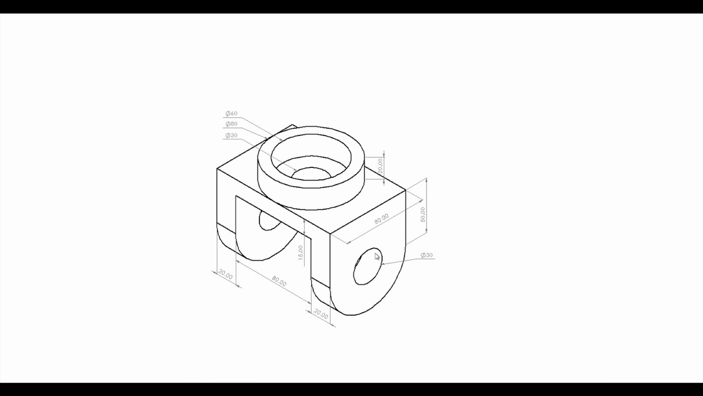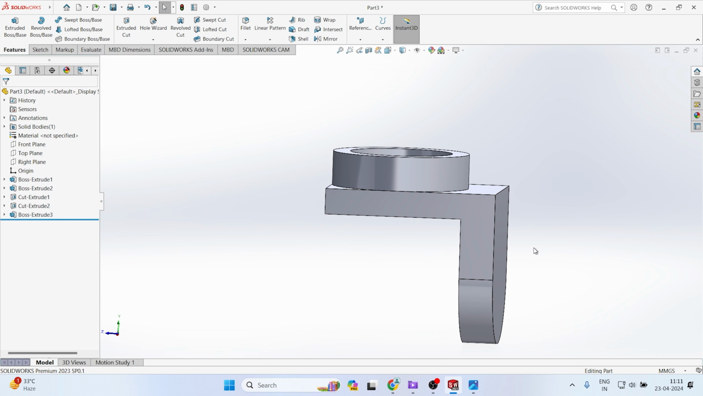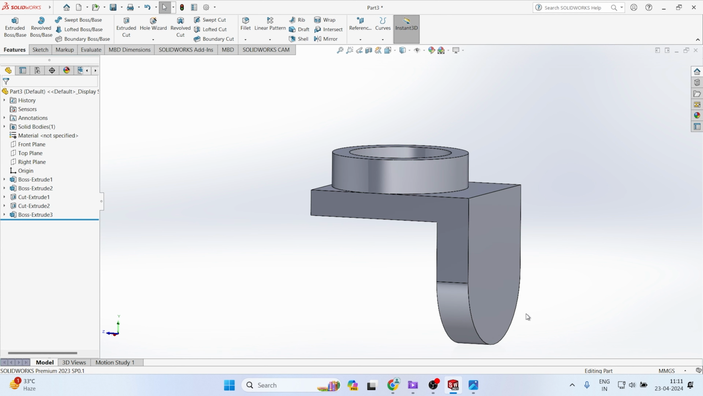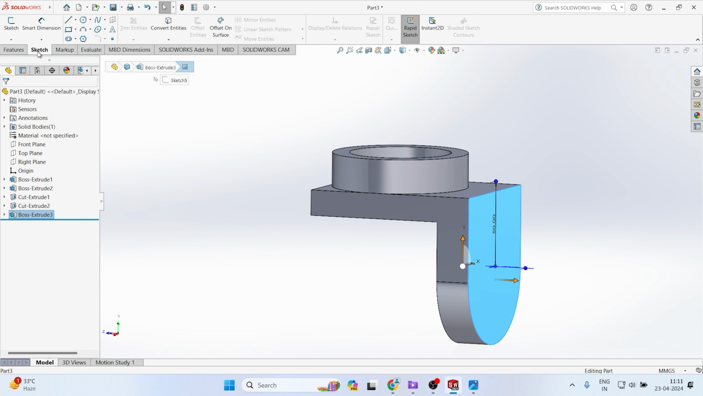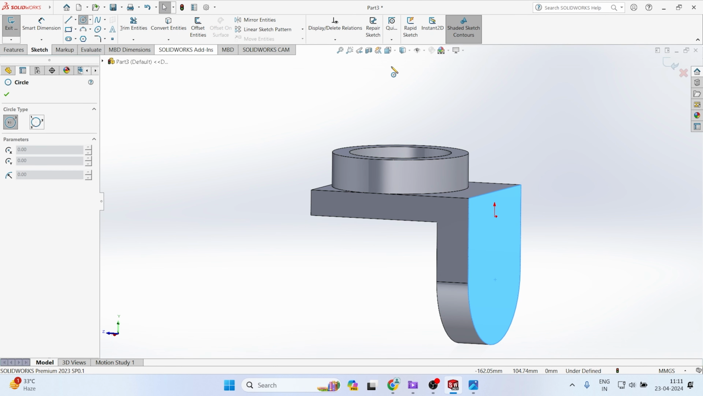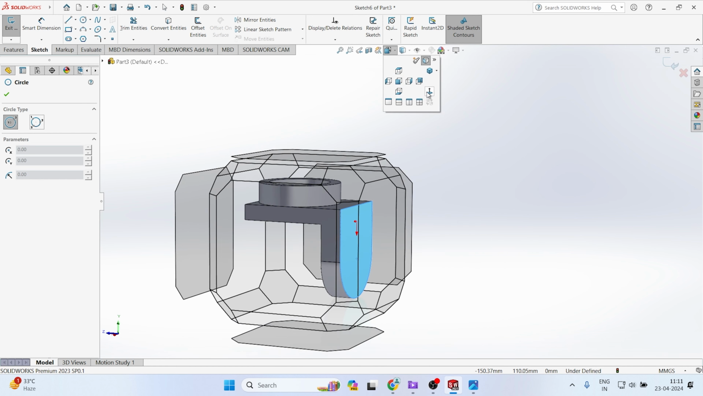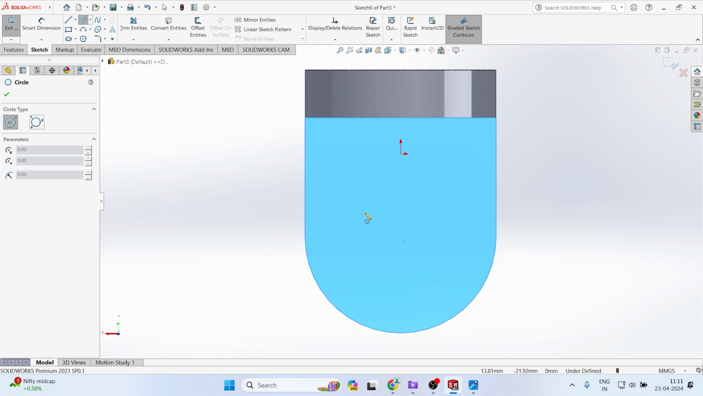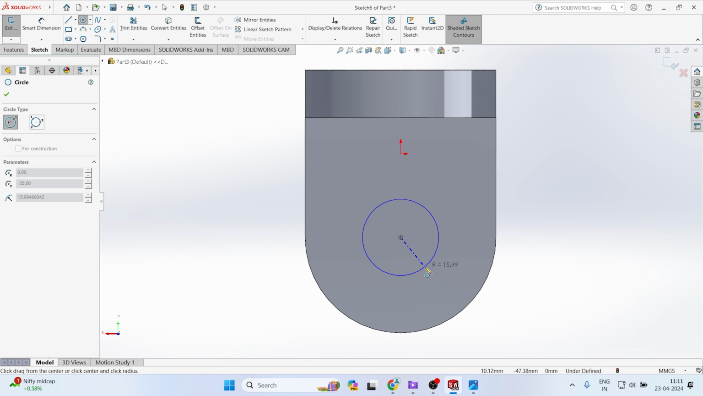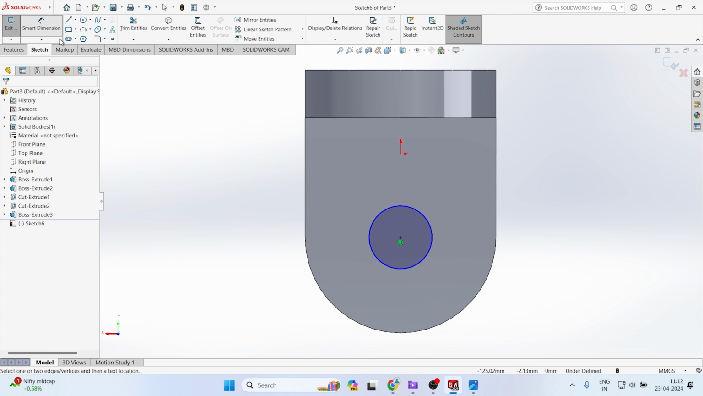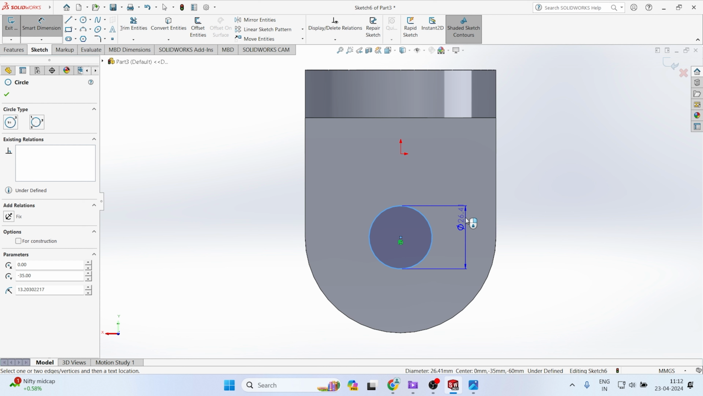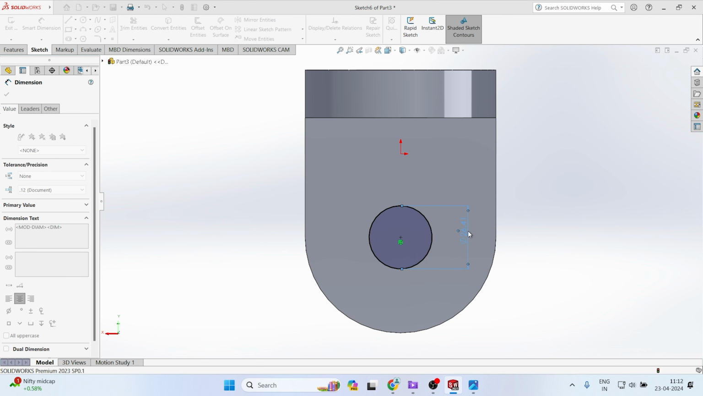Now we want to cut this circle of the 30 mm diameter. So for that, select this face of this shapes. Go to the sketch, select this circle, click on this center, normal to the plane, and drag the center point and draw one circle. So as per the dimension, the circle diameter is 30 mm. Just put here 30,